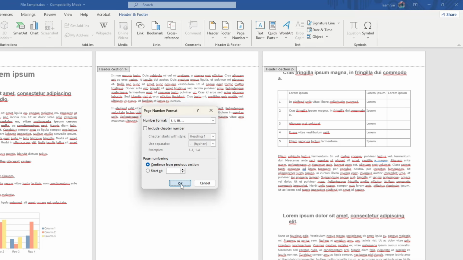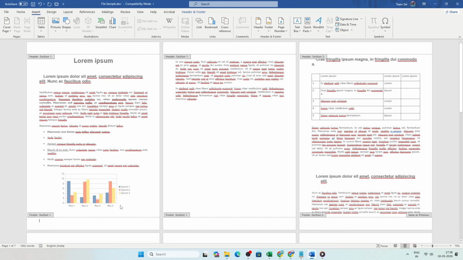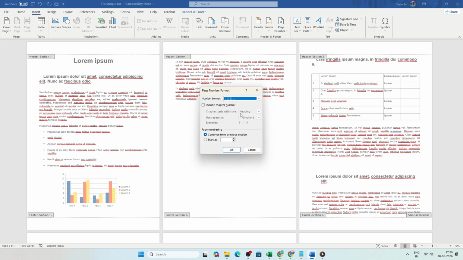If Word continues numbering from a previous section, use the Start At option in that same dialog to begin at I. Then, set up numbering for the main text. Go to the second section, double-click in the footer, and open Page Number. Then Format Page Numbers. Choose Arabic numerals 1, 2, 3, and select Start At 1 so Chapter 1 begins on